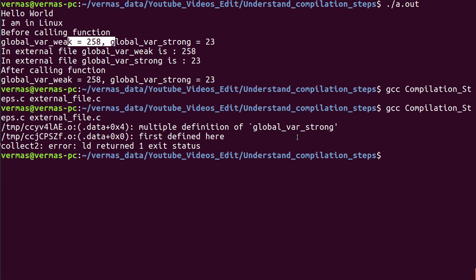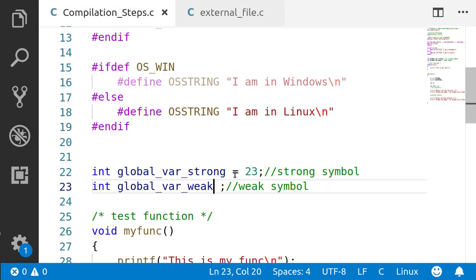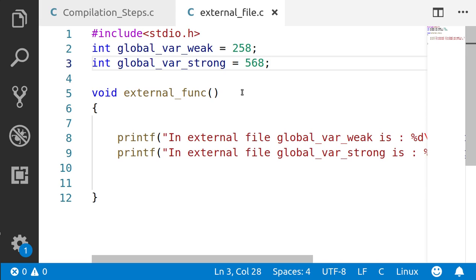It is because this variable global_var_strong is initialized over here and also over here, so between two strong symbols it is not possible, it is an error.